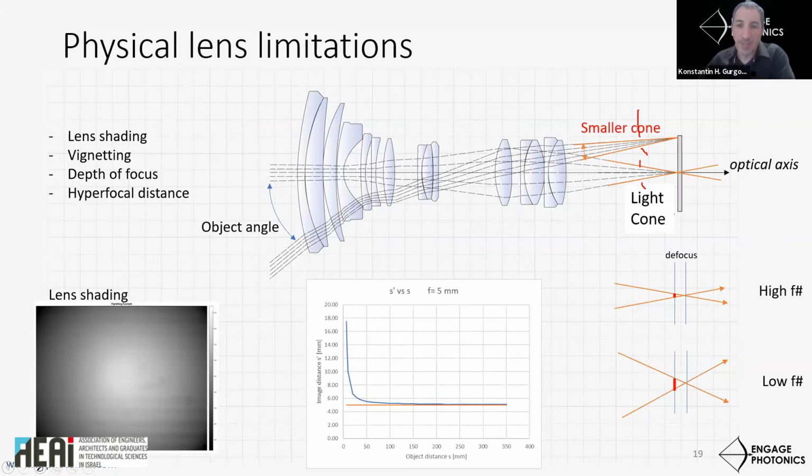For a thin lens approximation, lens shading goes as the fourth power of the object angle cosine. So this is the object angle, and the fourth power of the angle cosine is the intensity degradation for an off-axis object.